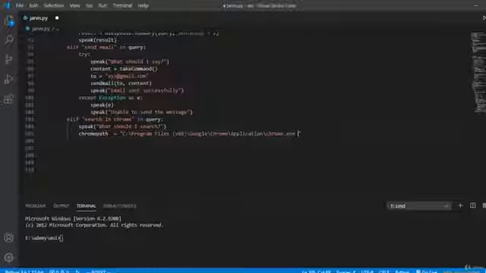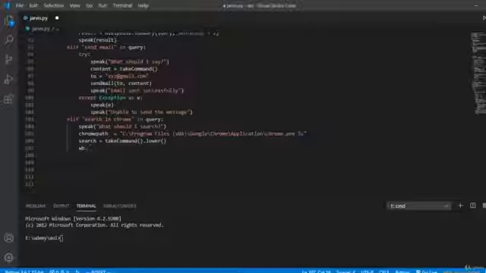After that, we want our AI assistant to guide the search command from the user. For that, we will create another variable which will be search equal to take command dot lower. So it will convert the command into lowercase. After that, we want to open the browser. For that, we will write